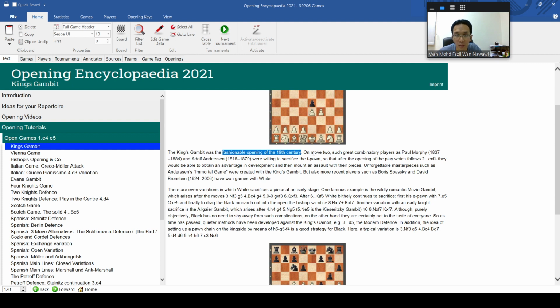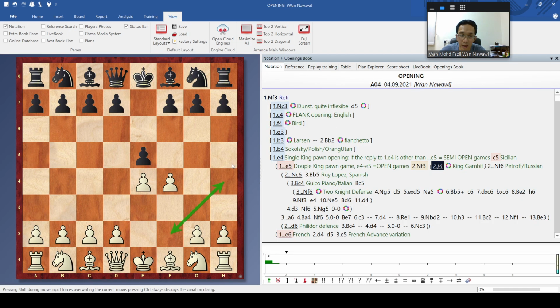The reason is that white is willing to sacrifice the f pawn, because when you sacrifice the f pawn, you get the f file, because normally the king will castle here and the rook here, looking down at the f7. So that's the idea behind the king gambit: attack.